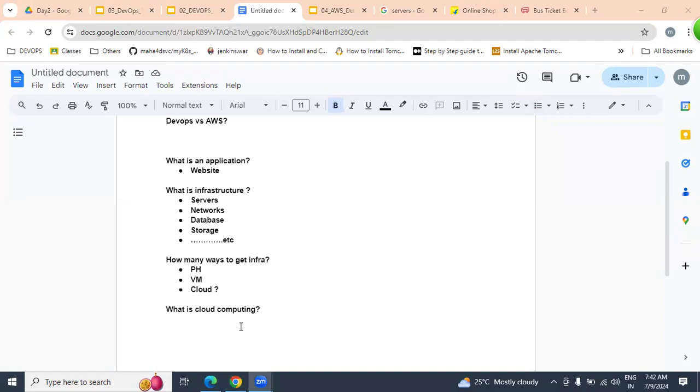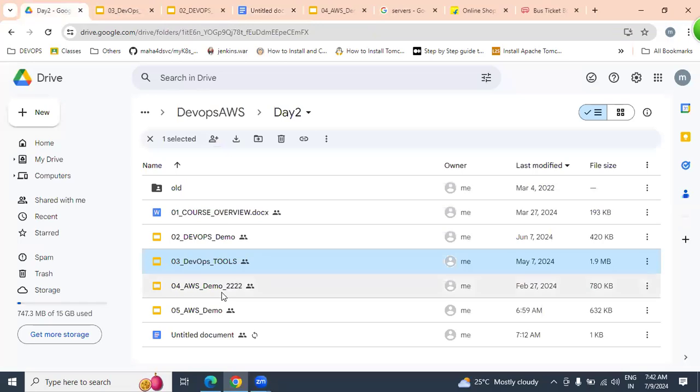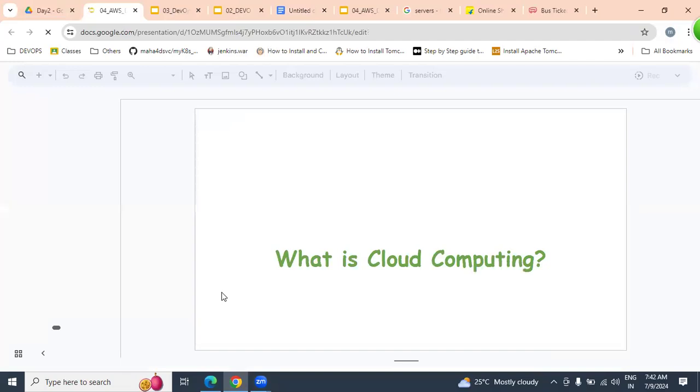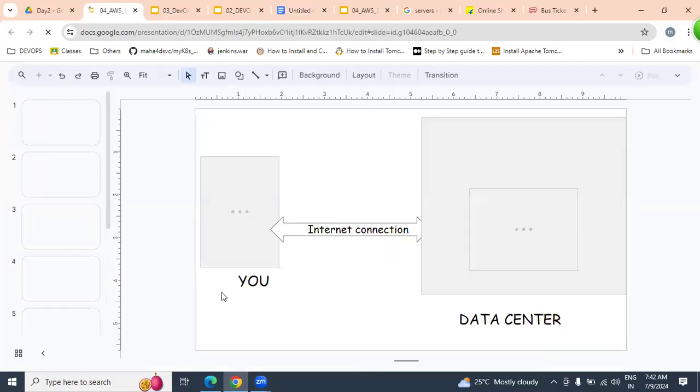What is cloud computing? If we can access remotely placed resources over the internet from a laptop, it is nothing but cloud computing. Let us start understanding what is cloud computing.